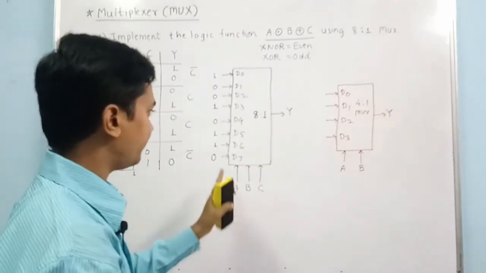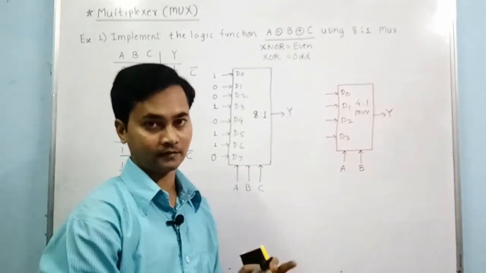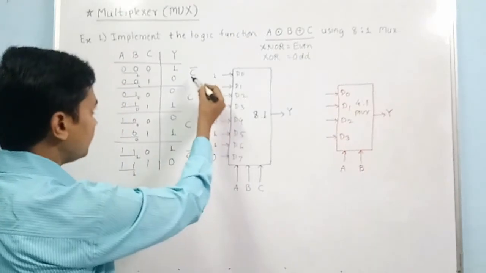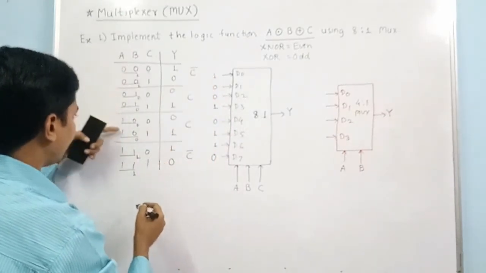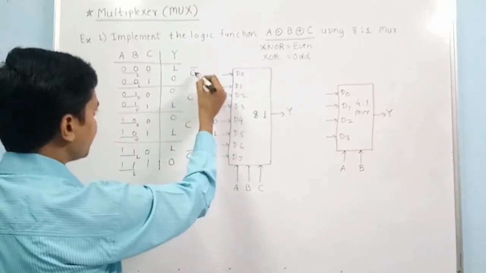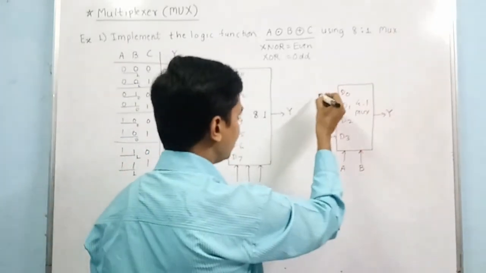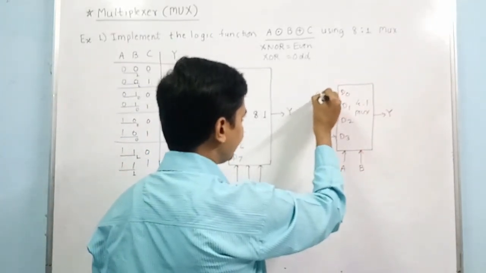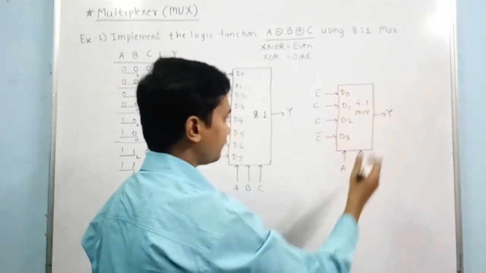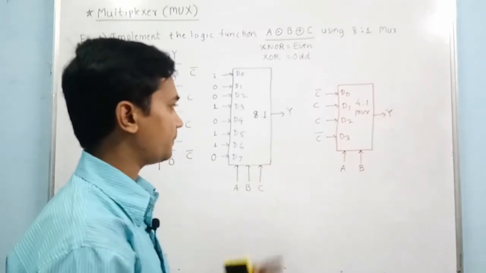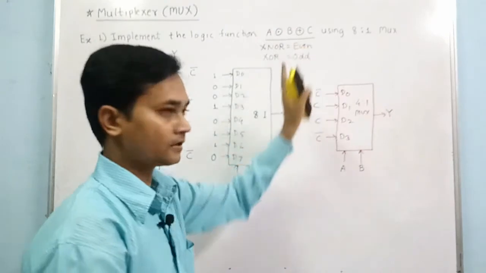Okay, now when you want to reduce this hardware size, then you can go for 4:1 multiplexer. Okay, now we know that when AB combination is 0 0, 0 1, 1 0 and 1 1, the output should be C bar, C, C and C bar. Okay, here so we can just write C bar, C, C and C bar. Okay, so this is the 4:1 multiplexer, which is giving the same output as this expression.